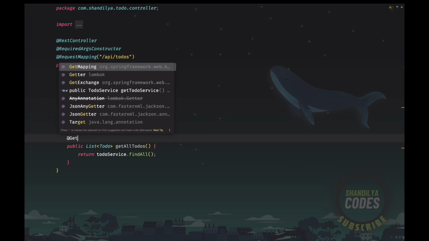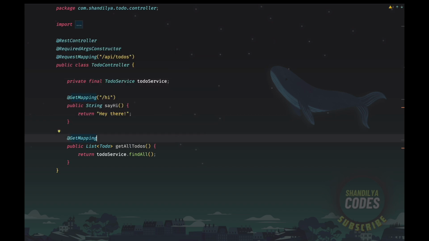So let's call this GetMapping, and going by the REST naming convention, here we have /api/todos, and since we are calling GetMapping, it means that we are going to fetch all the resources by calling this GET endpoint. So we don't add anything extra here. There is no mapping for GET. Likewise,